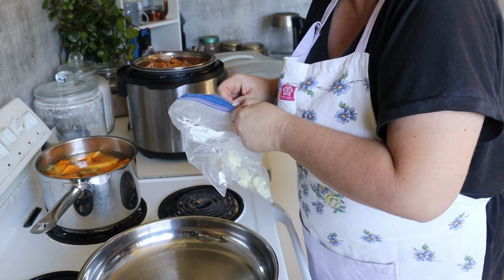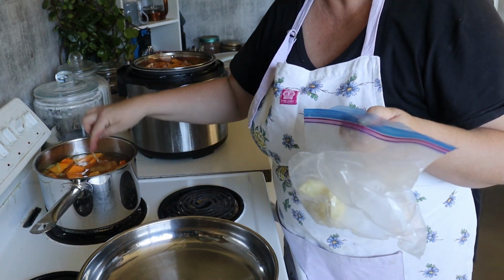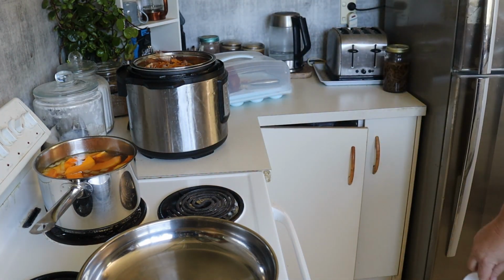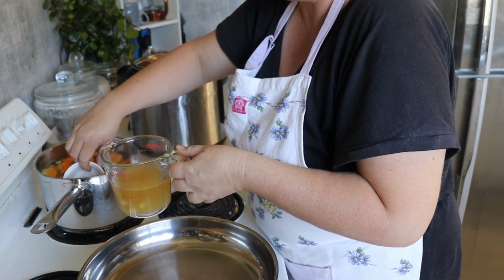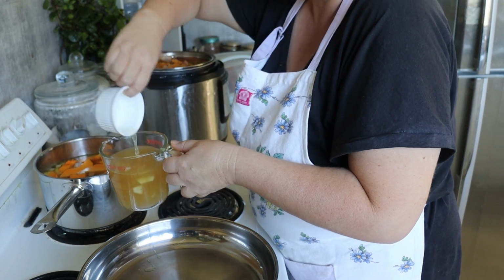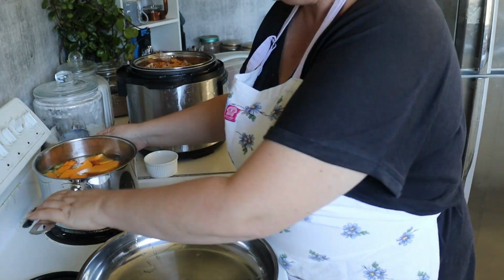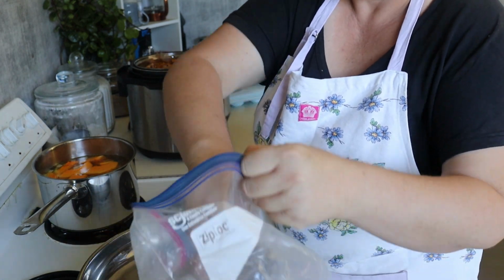Right, pumpkins all in here. I've actually had to take off another cup of stock because it was just a bit too much in there. In fact, I might even need to take a bit more off, because I like a thick pumpkin soup, and there wasn't a lot of pumpkin. So that's 4 cups of stock that I've taken off now, and still have a big pot of soup that will be going. So anyway, grab some garlic,